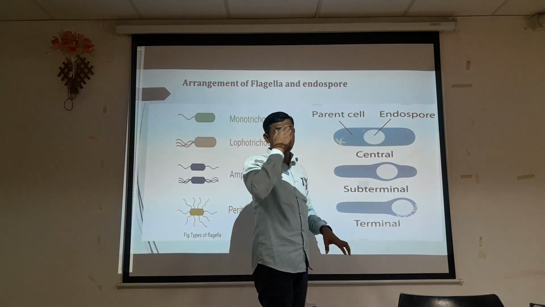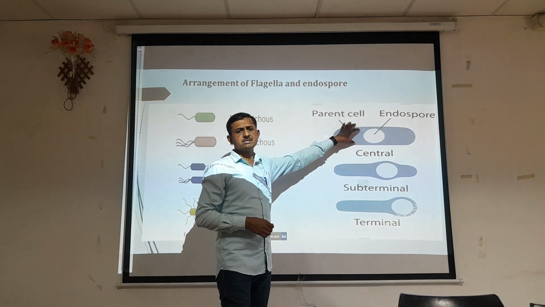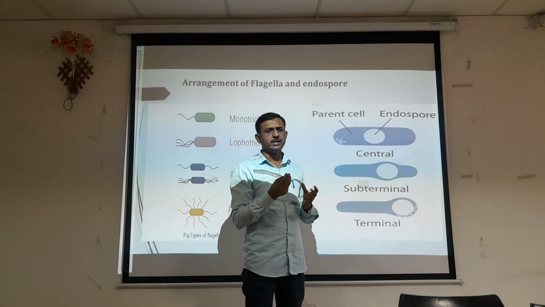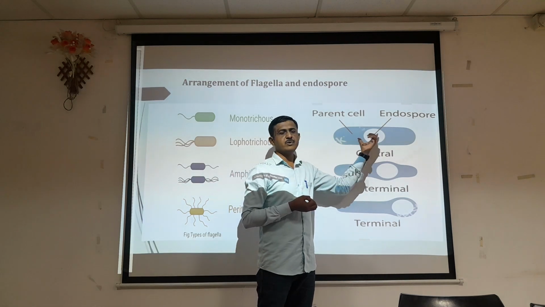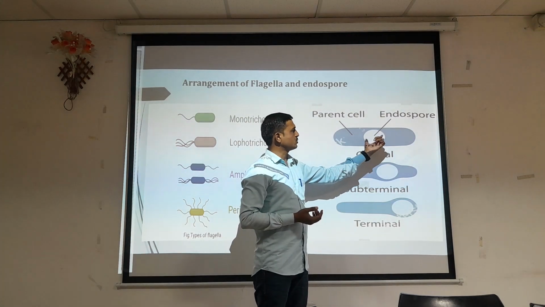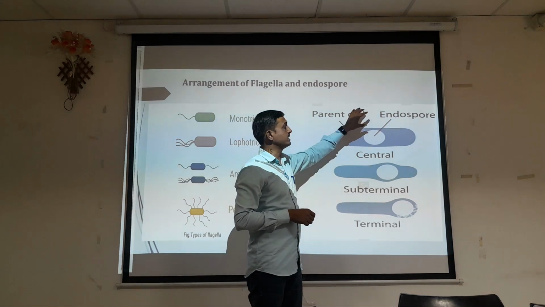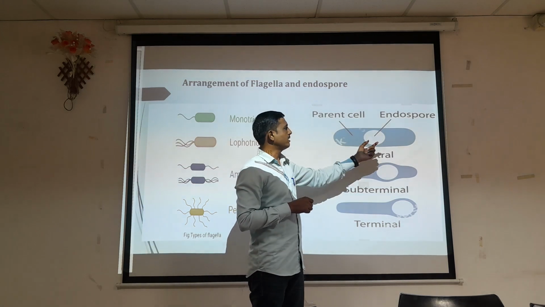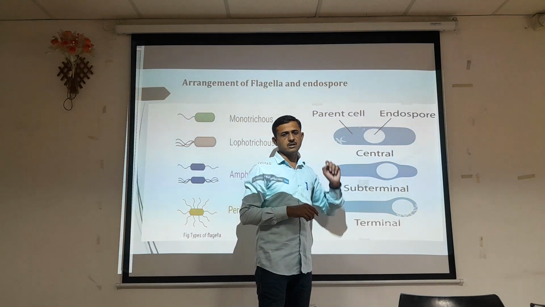For endospore staining, we have to carry out a specific type of staining, which is called endospore staining. In that, we have to provide proper moist heat so that the endospore acquires the color of that particular stain and appears colored under the microscope. After staining, when we observe the spore present at the center of the bacterial cell, it is an endospore, and its location is called a central endospore.